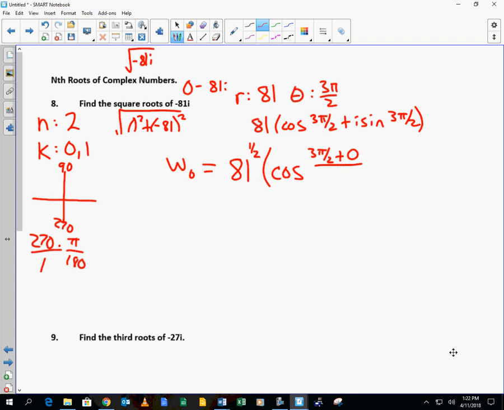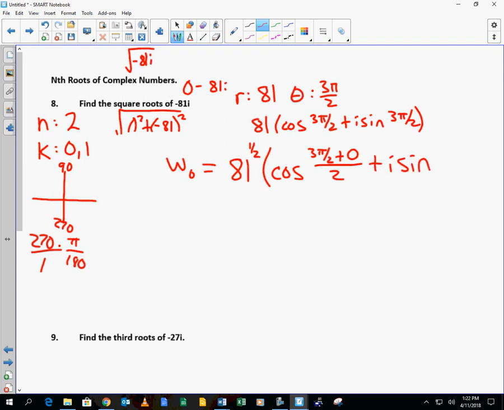Yep, yes. We will use the k that's 1 after we use k that's 0. W is just a variable to represent your root number. Don't worry about it. All right, divided by what? 2 plus i sine of